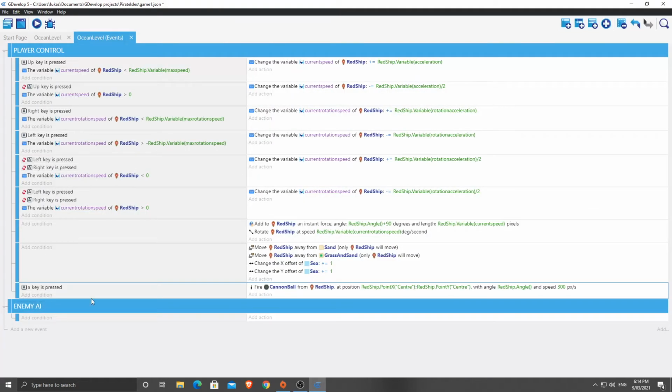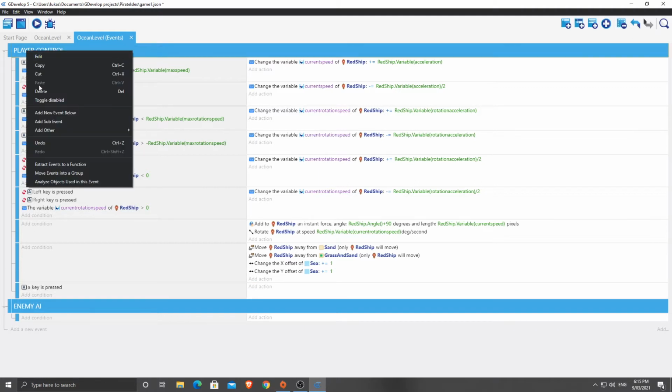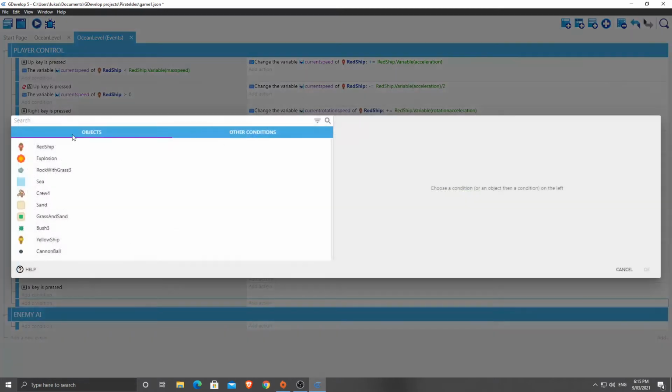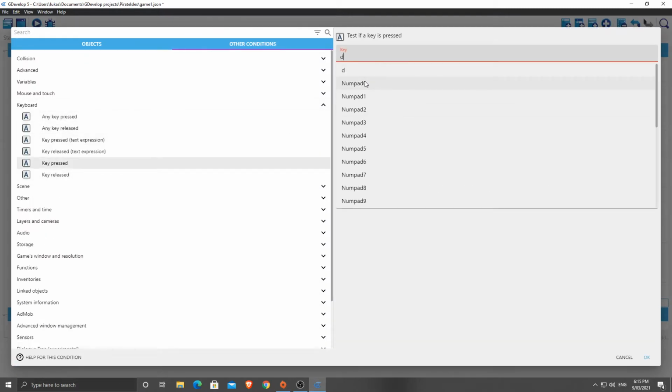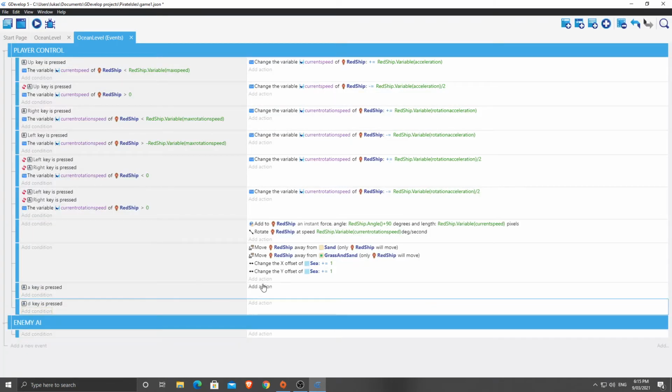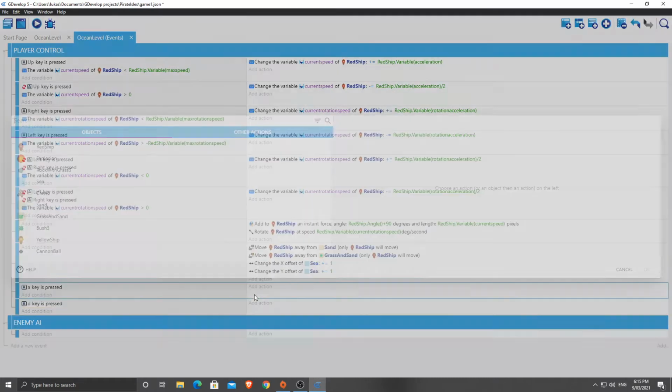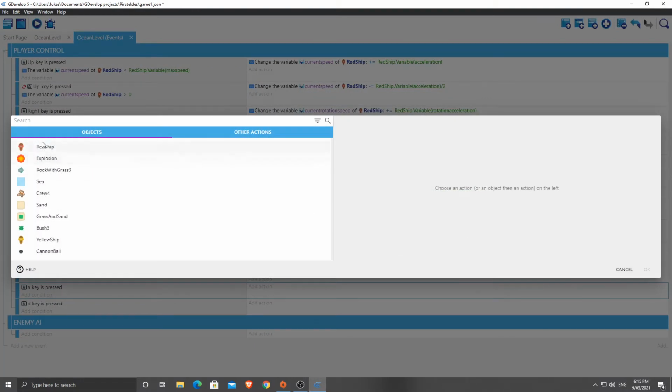Now going into here, I'm just going to delete this bit down here because I'll do it again. And I'm going to have some conditions here. I'm going to add 2 conditions, player control, add sub event. Now I know some of you guys have used WASD, so you're going to have to think of different keys here to use because I'm going to be using A and D for my broadside cannons. So A and D, you might want to use J and L. It doesn't really matter. You could use left and right mouse button, I suppose, so that might be a bit tricky. So what I'm going to do here though is I'm going to add in an action, red ship,